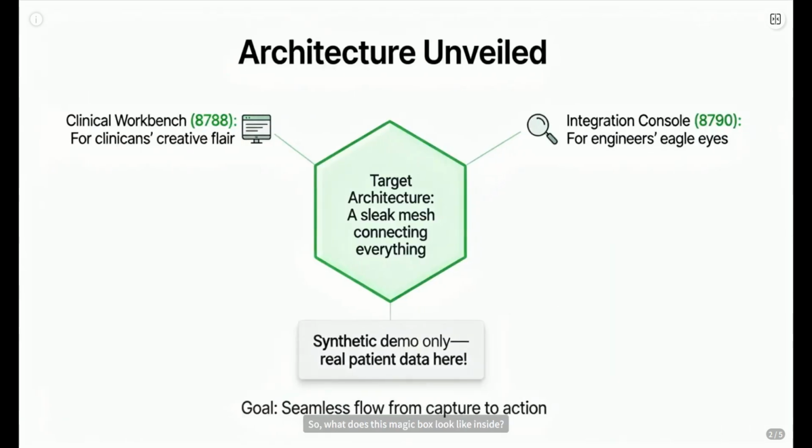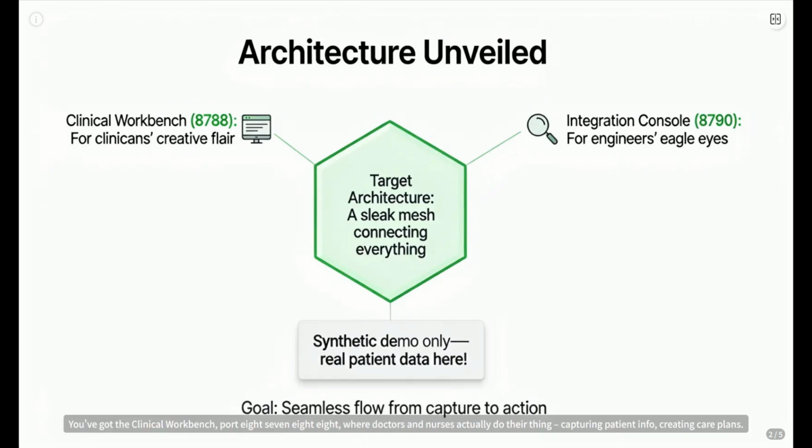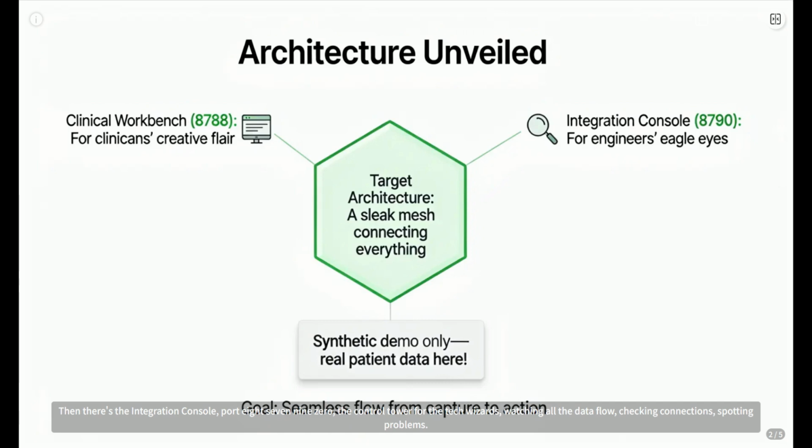So what does this magic box look like inside? Think of it as a super smart mesh network. You've got the clinical workbench, port 8788, where doctors and nurses actually do their thing, capturing patient info, creating care plans. Then there's the interaction console, port 8790, the control tower for the tech wizards, watching all the data flow,